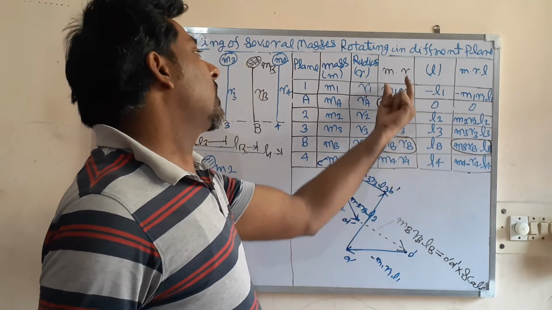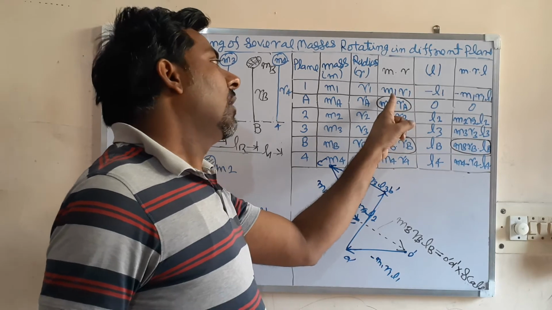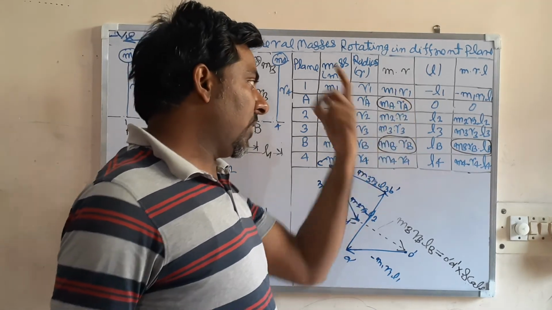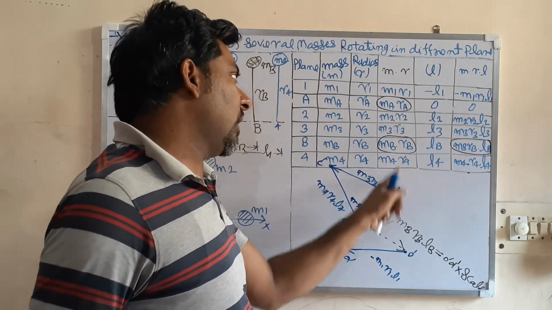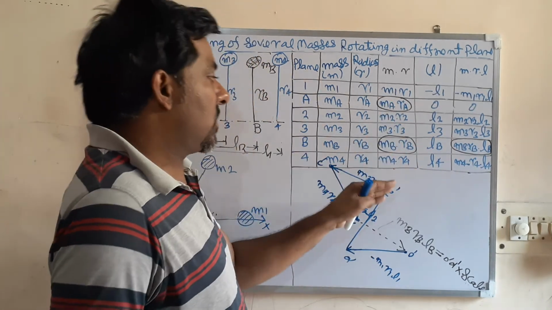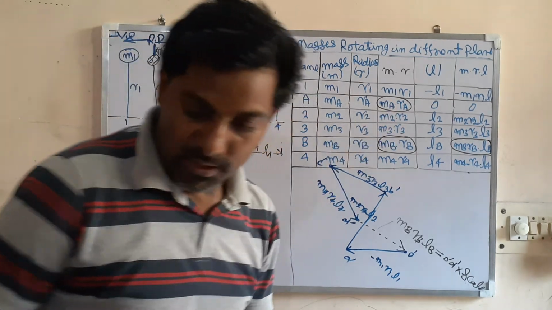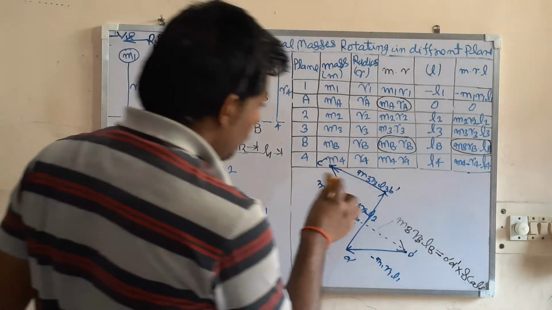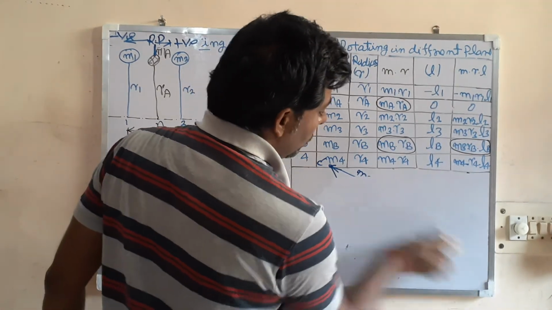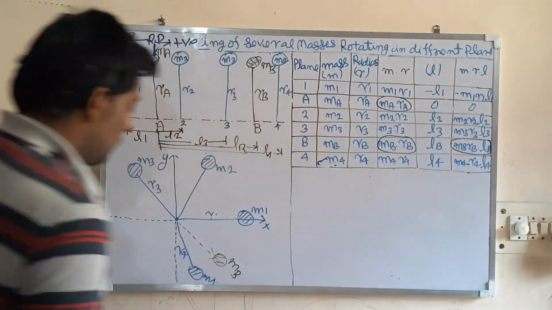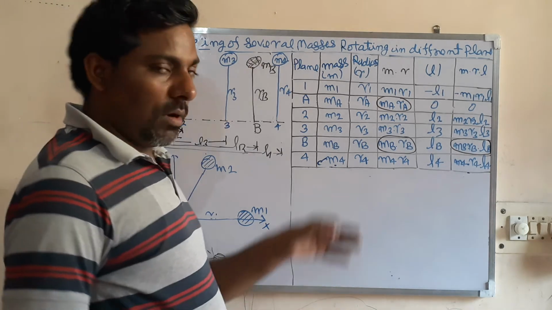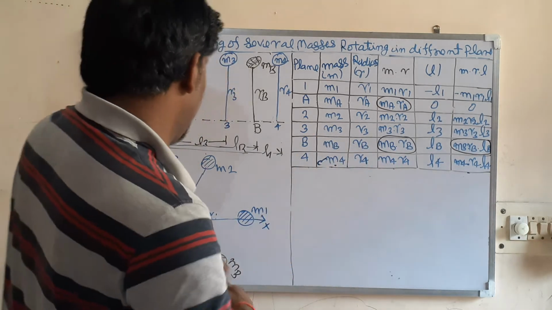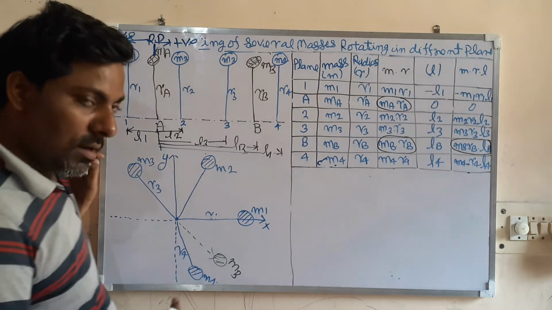So for the first polygon, only this will be the unknown, which we can find out. Now this is known, so this becomes known. So only for the first polygon, this is unknown. So let us see how to find out this MA RA. I'm removing this one, and the direction I have made here. So let us see how to draw the first polygon.